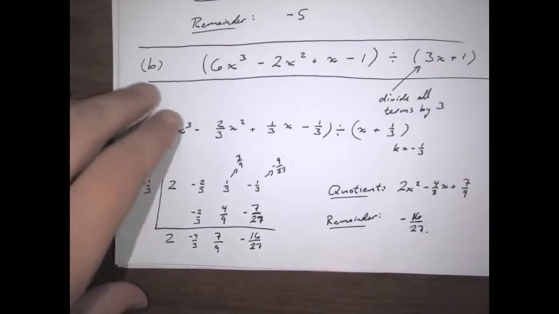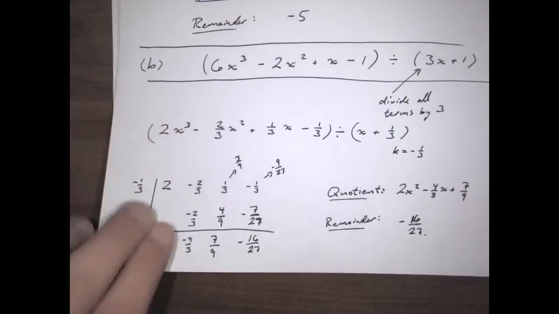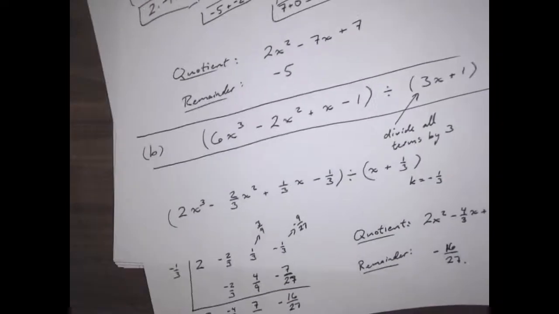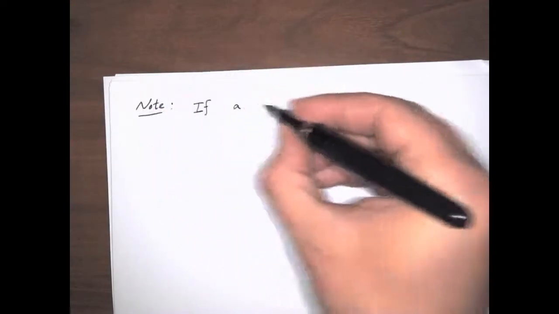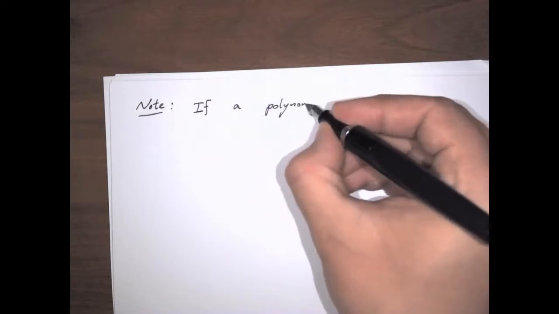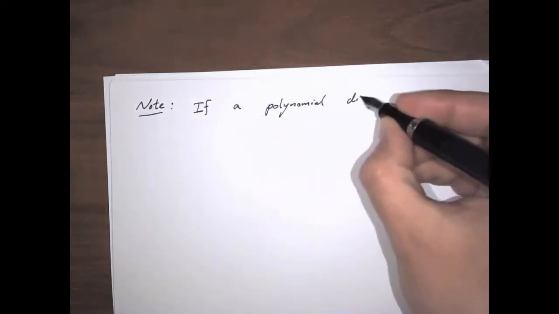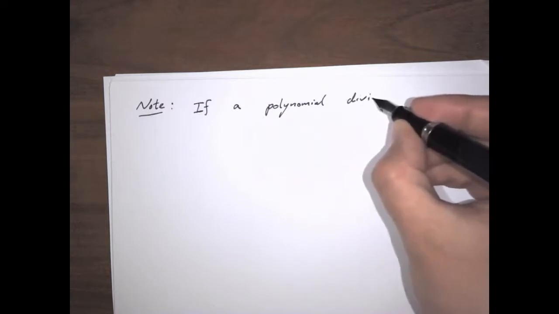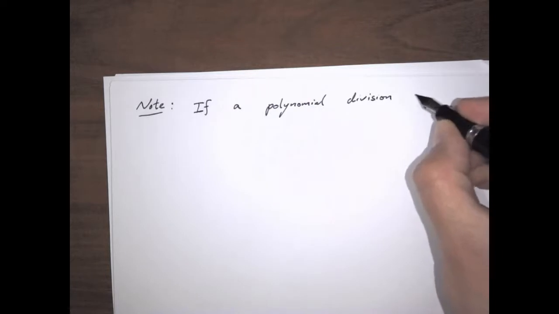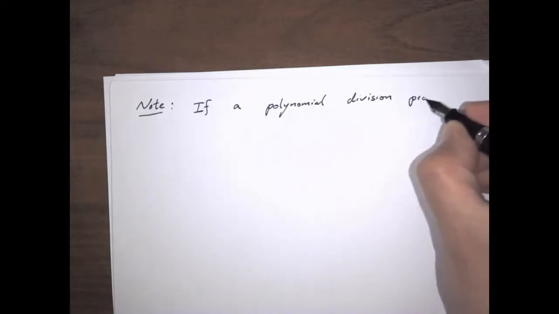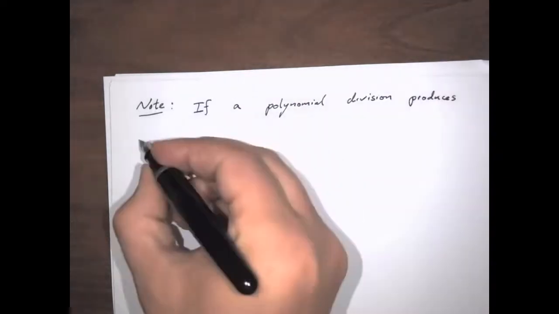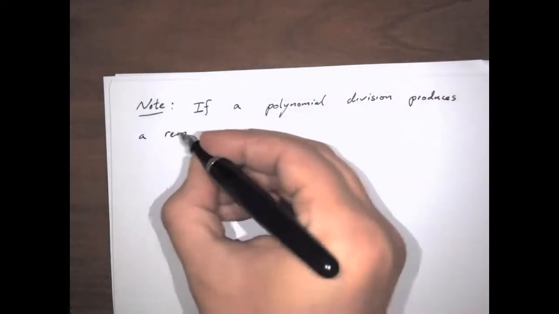Alright, now so far all of the cases that we've seen have had remainders besides 0. What does it mean though if there is no remainder, if it divides evenly? So note, a polynomial division, whether you do it with long division or synthetic division, should end up with the same result. If a polynomial division produces a remainder of 0,